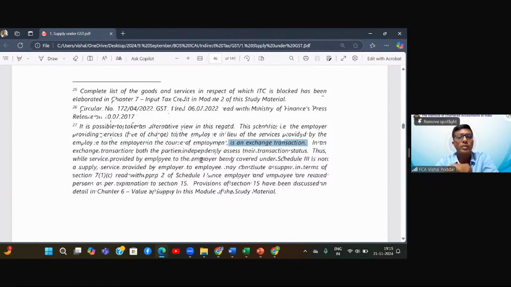आपने मेरे को जॉब वाला सर्विस दिया, मैंने आपको रेसिडेंस वाला सर्विस दिया। अब इस एक्सचेंज ट्रांजैक्शन में both the parties independently assess the transaction status. तो ये दूसरा व्यू हो गया। पहला व्यू तो क्या है, भाई ये जॉब वाला है ना, तो आप मेरे लिए जॉब कर रहे हो, मैं आपको बदले में या तो पैसे दूं पगार में, या रहने को जगह दे दूं, वो पगार ही है, इसलिए नो जीएसटी। फर्स्ट व्यू।